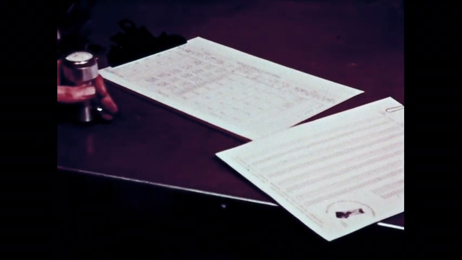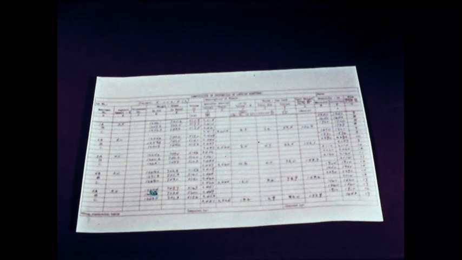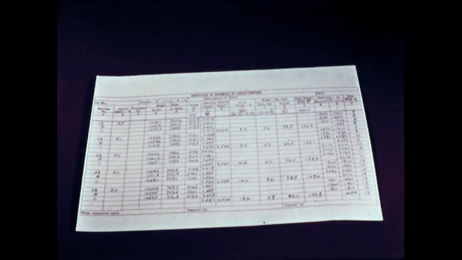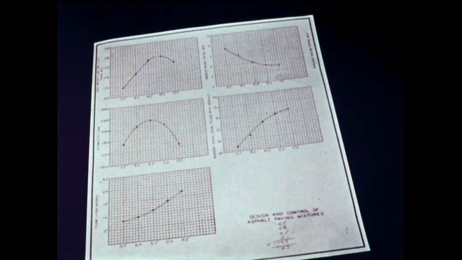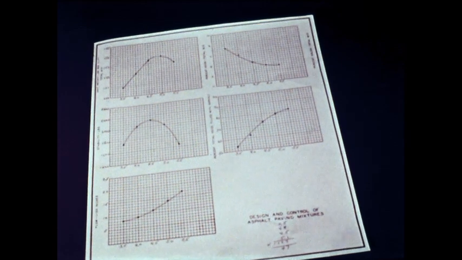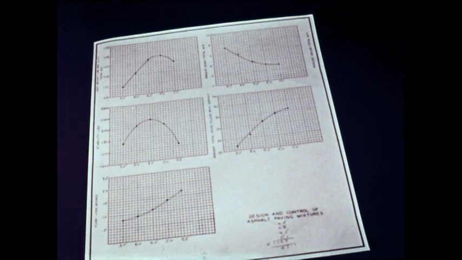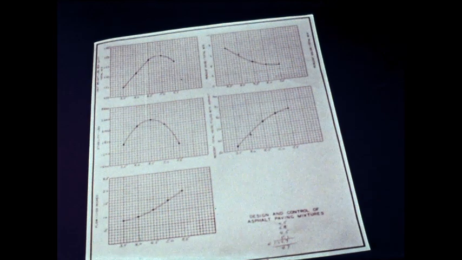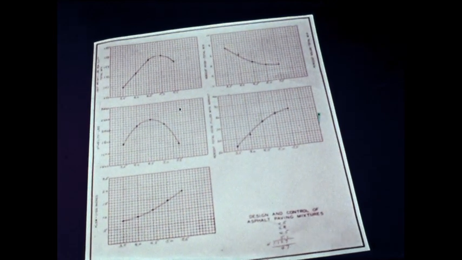The final reading on the flow meter is recorded, from which is subtracted the initial reading. The difference is the Marshall flow value, or deformation of the specimen in units of 1/100th of an inch, between no load and a maximum load. This completes the testing operations. Computations are then made for corrected stability and flow values, density of the specimens in pounds per cubic foot, the percent of air voids in the compacted specimens, and the percent of voids in the compacted mineral aggregate structure, which are filled with asphalt. Average values for test properties of the triplicate specimens at each asphalt content are then plotted